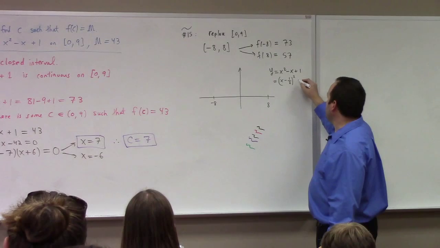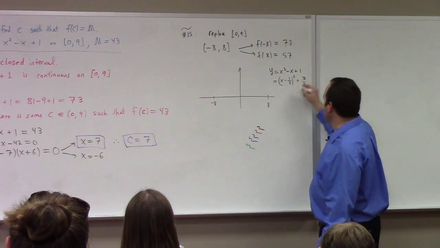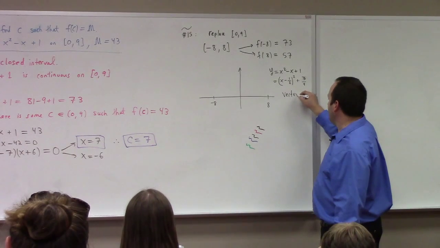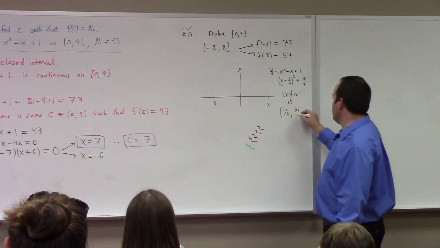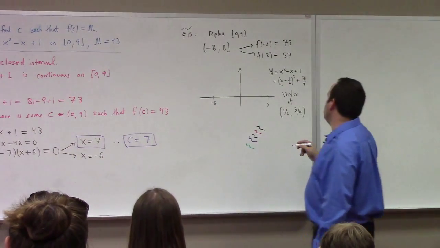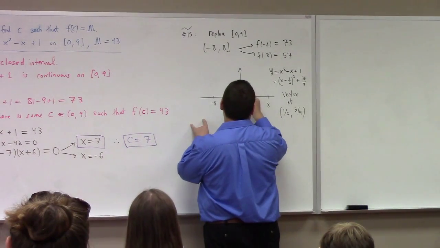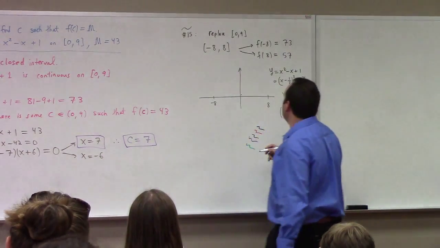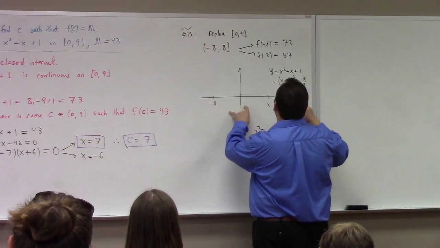So you have plus 3/4. In other words, by this little bit of algebra, I can see that the vertex of the parabola is at 1/2, 3/4. So the vertex of this thing is kind of close to the origin in our picture. And then it does